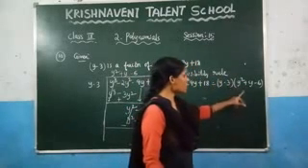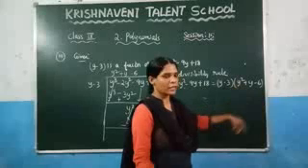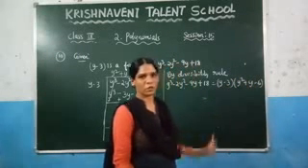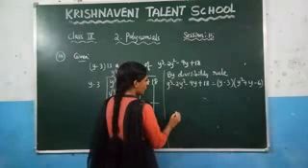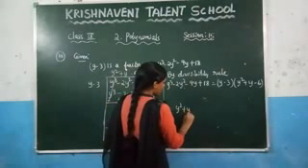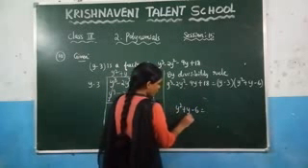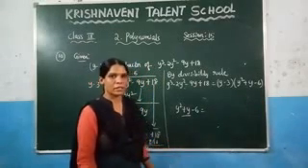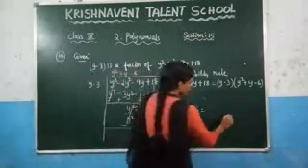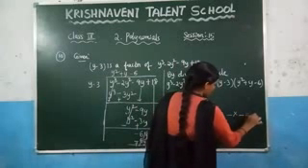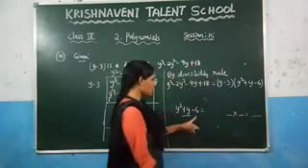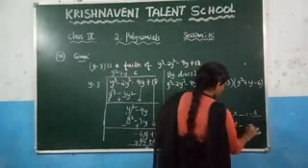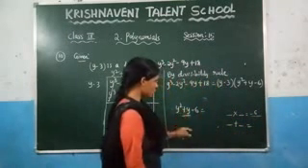Here you can observe that it is a quadratic polynomial. Again you need to take this polynomial and split it as a product of two linear polynomials. So take that one, y square plus y minus 6. Now you need to split the middle term. While splitting the middle term, you need to write two numbers such that if you multiply them, you get minus 6, and if you add the same numbers, you get the middle term.